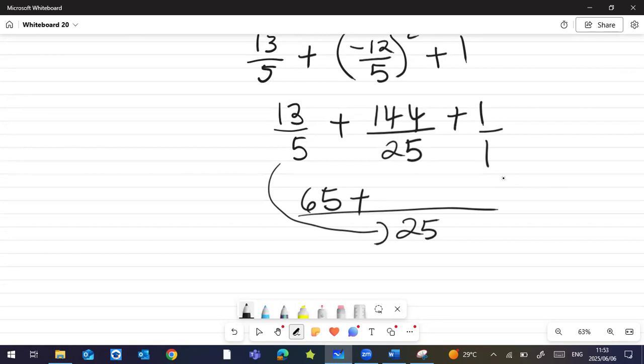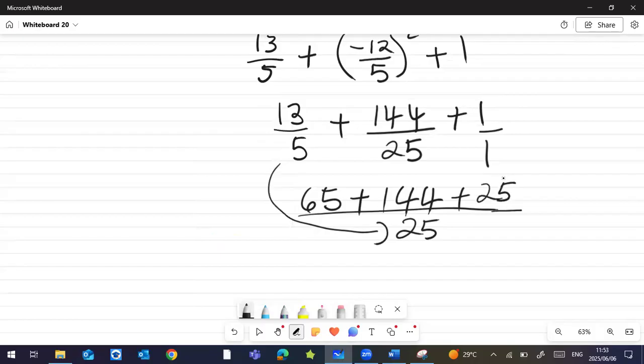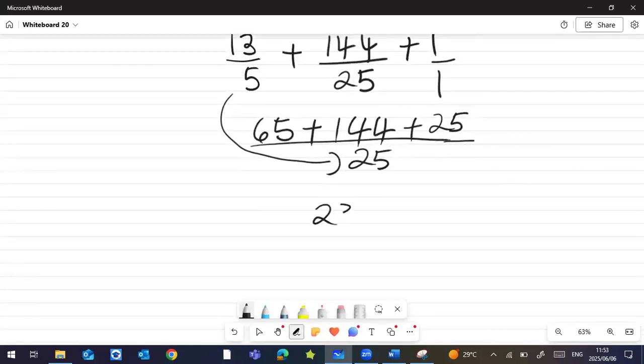That once multiplied by 144 is 144, plus 1: 25 into 25 goes 25 times that numerator, which is 1. 25 times 1 is 25. Therefore, if you add 65 plus 144 plus 25, you will end up getting 234 all over 25. So that will be the answer for question